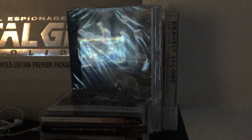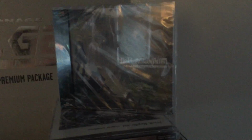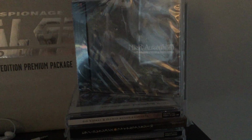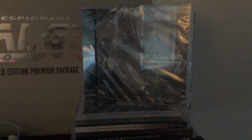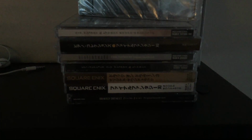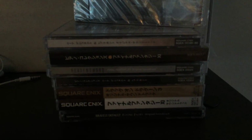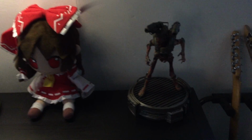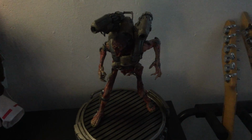So here we have some soundtracks. Of course, you can't have a soundtrack collection without the Nier Automata soundtrack, because that soundtrack is just amazing. Do give it a listen if you got the chance and haven't experienced the game for yourself yet. It is fantastic. So here we got a couple of my favorite Square Enix soundtracks, including Dragon Quest 3 and the original Nier as well. So this is kind of my altar of stuff that I like to have on display, with a